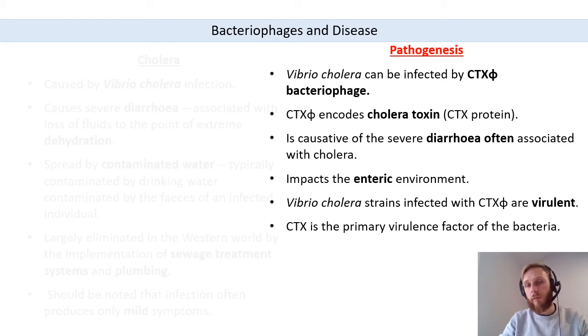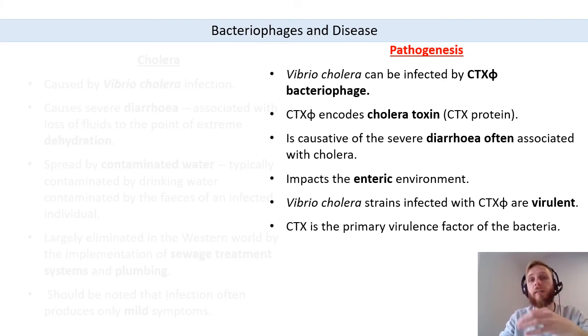And again, what we can see here is the ability of Vibrio cholera to produce this crucial exotoxin is directly linked to whether or not the bacteria has been lysogenized by a bacteriophage. So in the case of cholera, the bacteriophage is CTX5 bacteriophage, and this particular bacteriophage carries the gene that encodes cholera toxin, sometimes referred to as CTX protein. It's exactly the same thing. It's the protein that functions as an